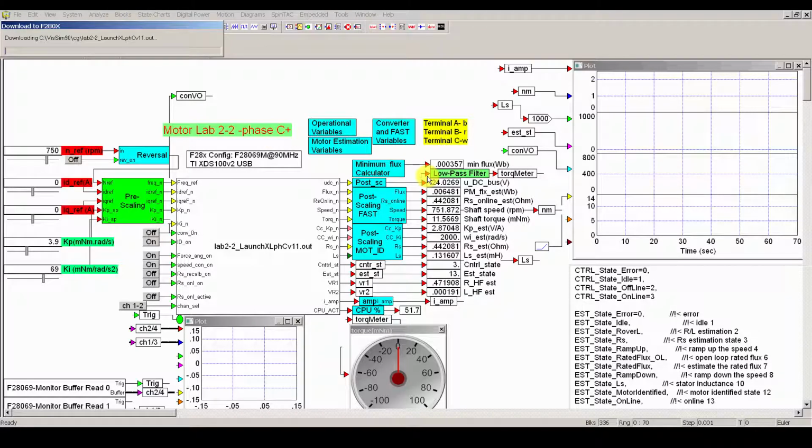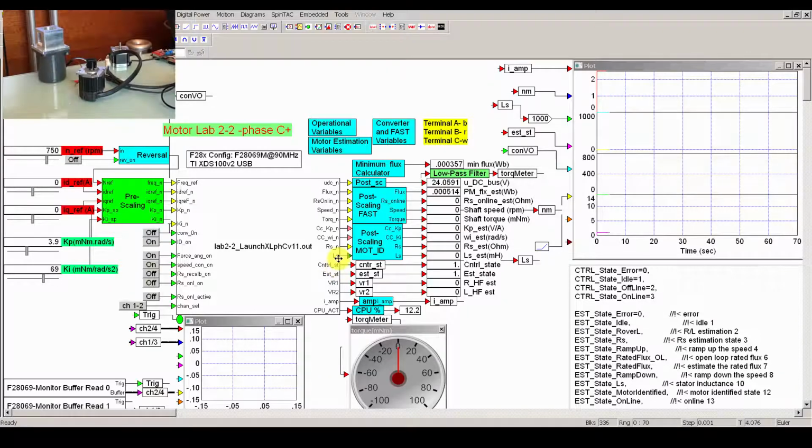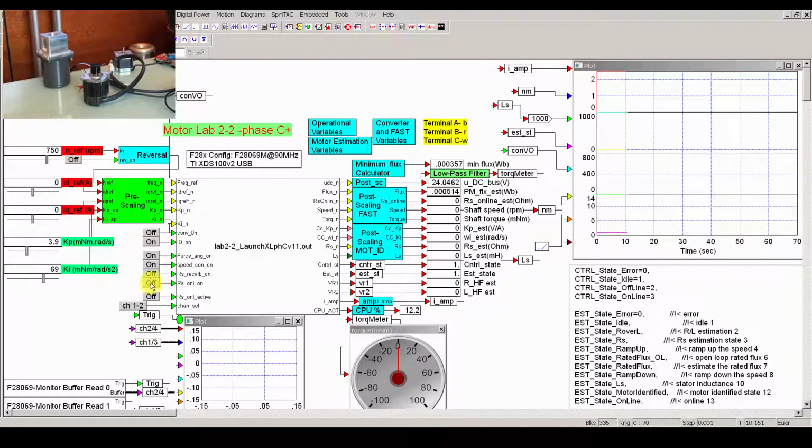This is the most advanced stage, really, and it's not just for PM machines, but it also works for induction machines. So we have the voltage, and now what will happen is that as soon as I hit the button, and I've set recalibration off, online, off, and if I now switch on the converter, there will be, which is what I'll take a full 3 hours to discuss, the various modes of operation which occur as it steps through